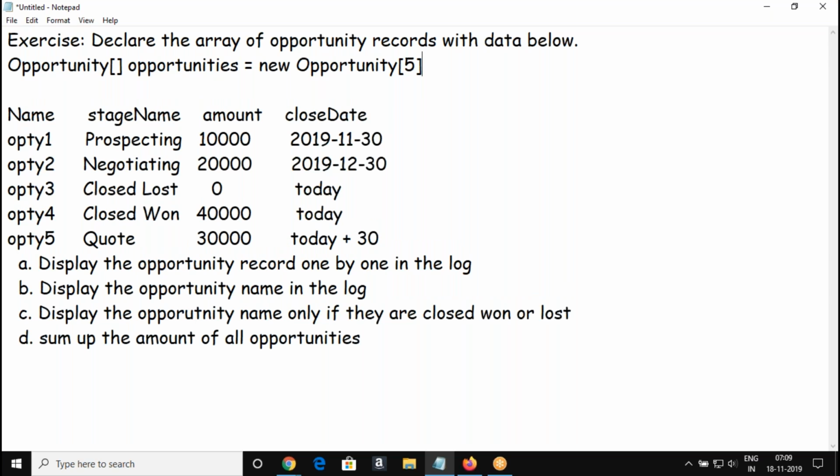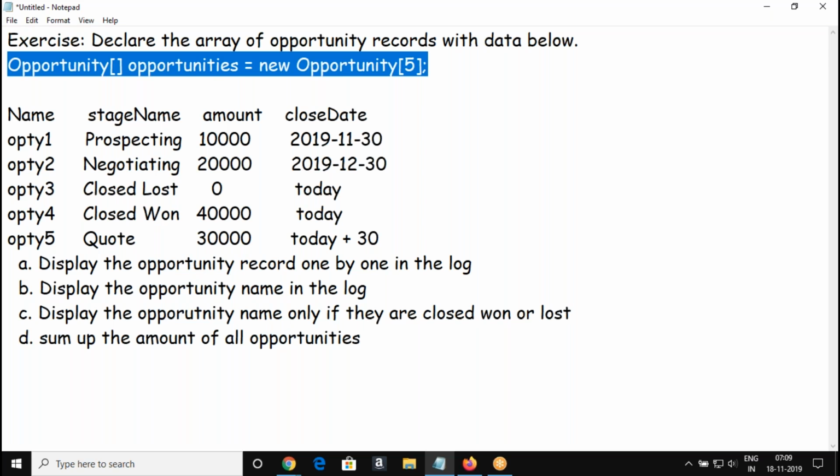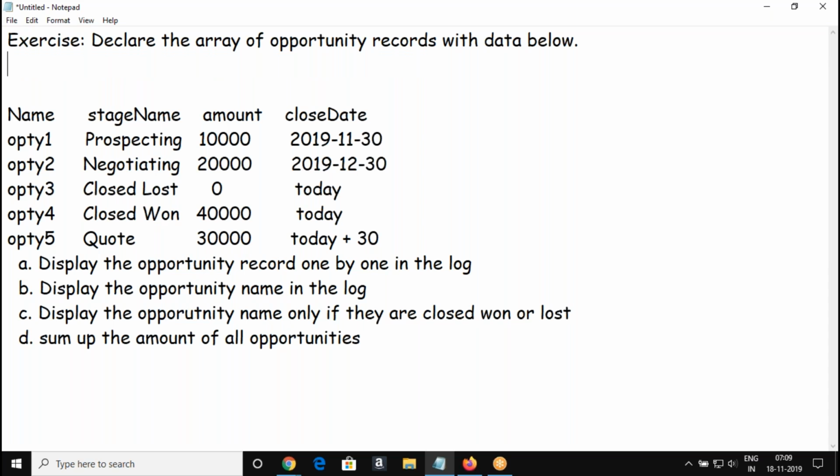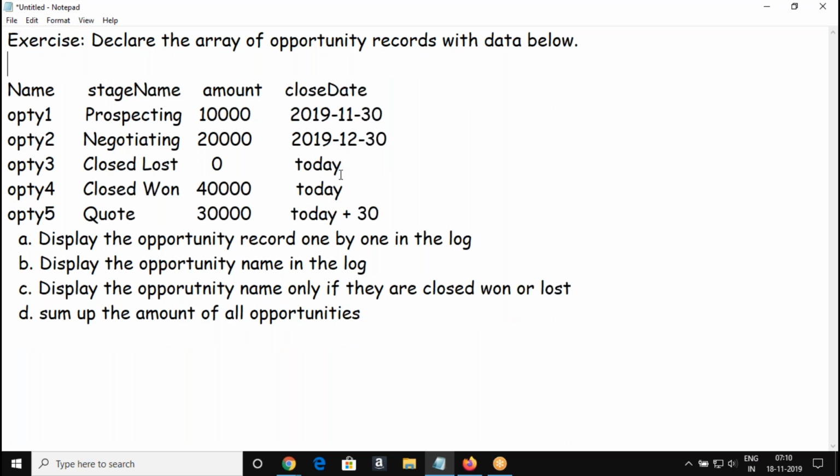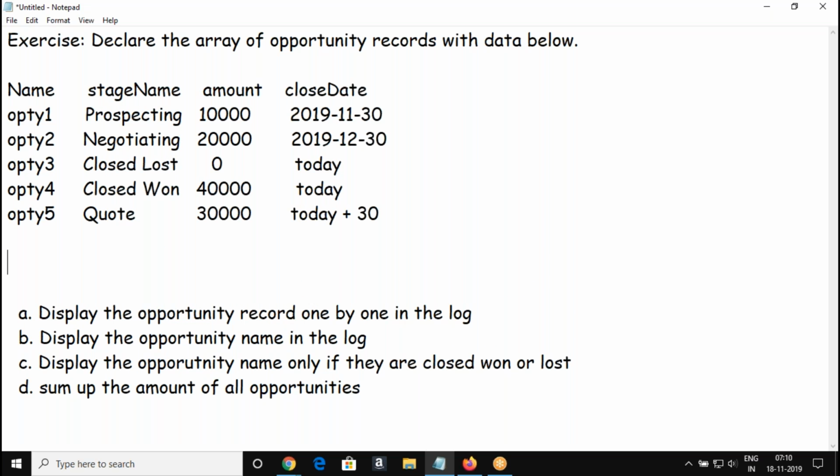How many opportunities? 5 opportunities. Either you go with this format, or else first create the opportunity record, then initialize the array with the opportunity record, right? So let's create the opportunities one by one.